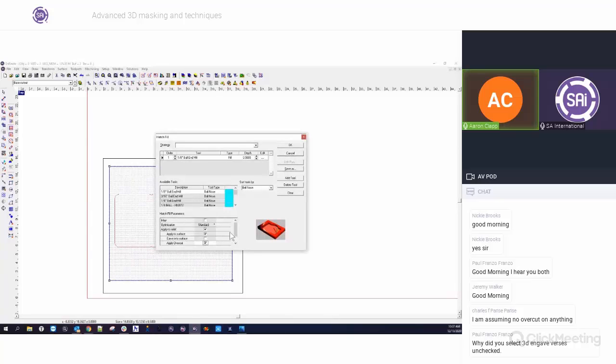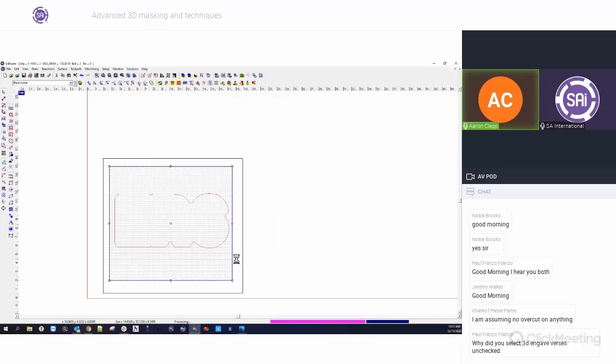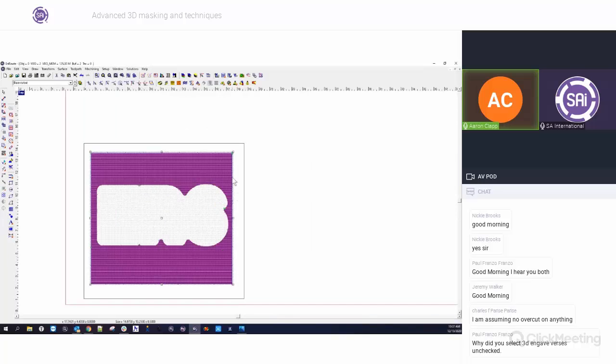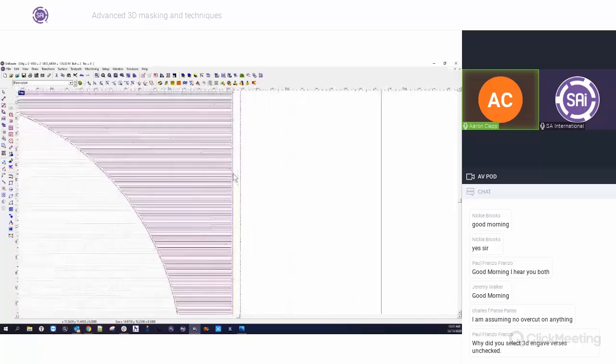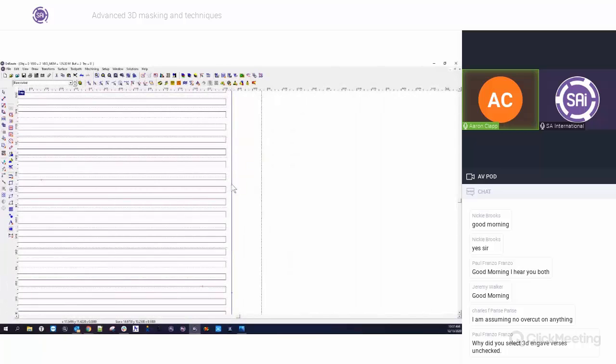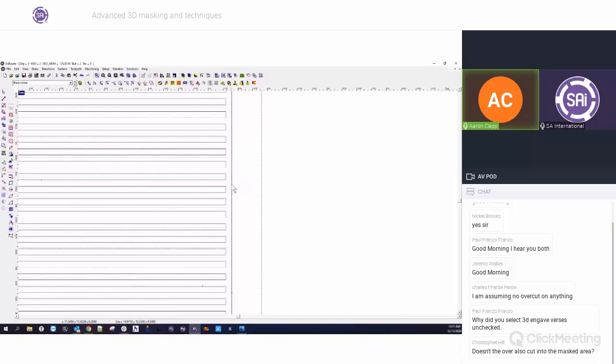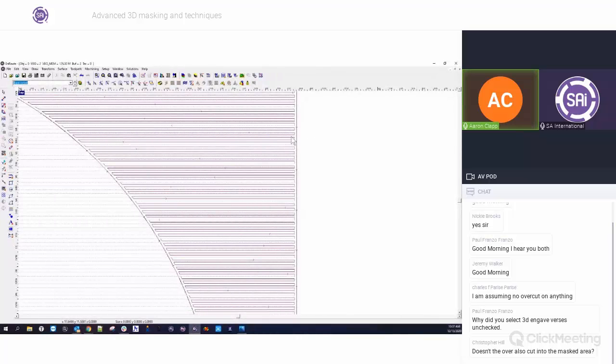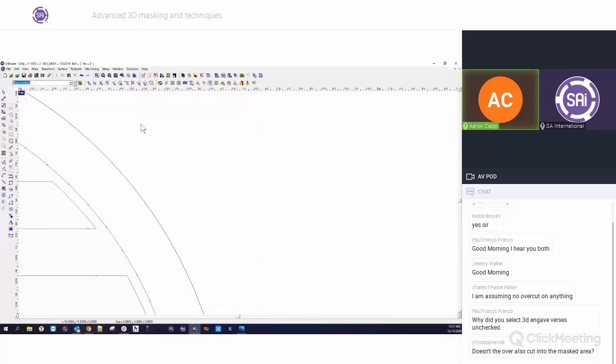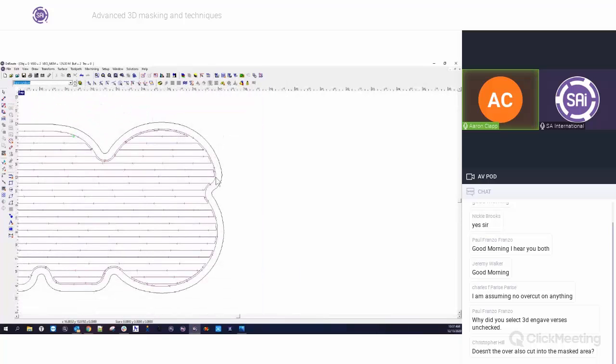overcut. So if I apply an overcut, and even if I leave the overcut amount at 0 and click OK, the difference is that now the toolpath goes right to the edge. Sometimes you're going to want to do that, and sometimes you're not going to need to. So some of the other toolpaths that we applied here, for example, the base cut down, I went ahead and added